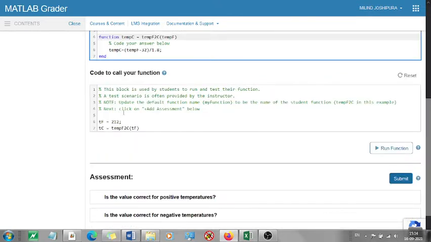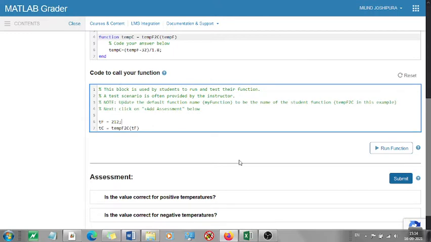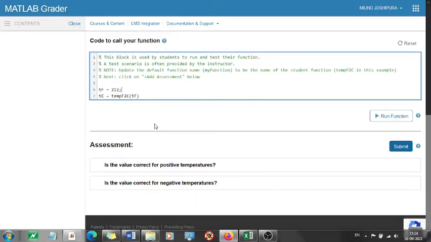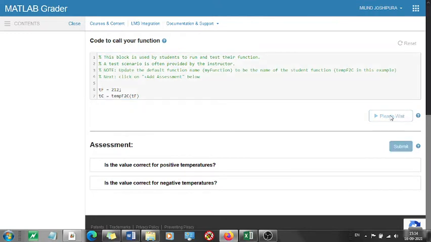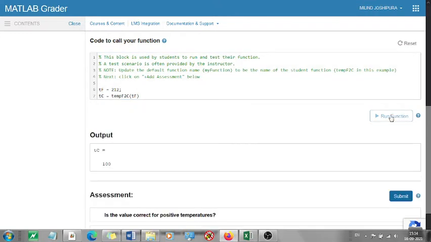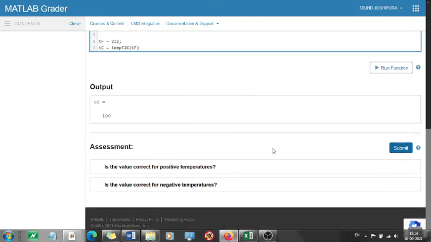Okay, so this is something which I have kept as it is for this particular value. So I just run the function. You can change this as well, when you want to assess. I have given two assessments here, for a positive value and for a negative value. I have already fed the data of TF.